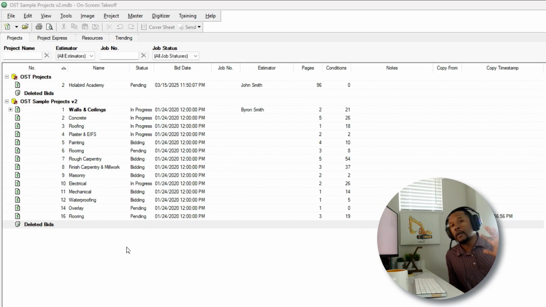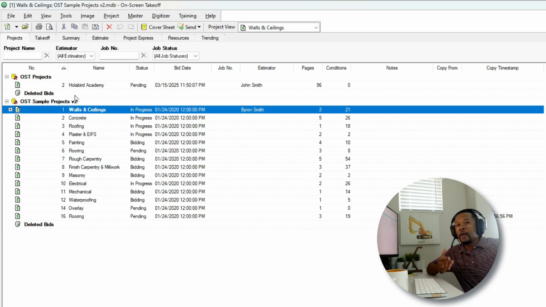All right, so I want to get into all the technical stuff and tell you about what's going on in the background, because I had to talk to some of the software developers and the folks that work for this company to make sure that there weren't going to be any mistakes or things that I need to look out for, you estimators. So if you don't already know, this is On-Screen Takeoff version 4, and in version 4.0, there's a couple of new things, and I'm not going to spend a lot of time, but if you just upgraded to version 4, you'll notice that